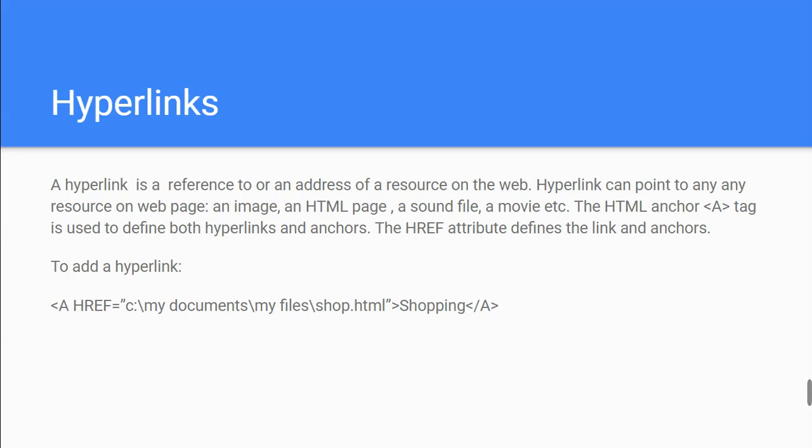So you may write some questions. The first question is, what is the use of the hyperlink? The second question is, what is the difference between OL tag and UL tag?